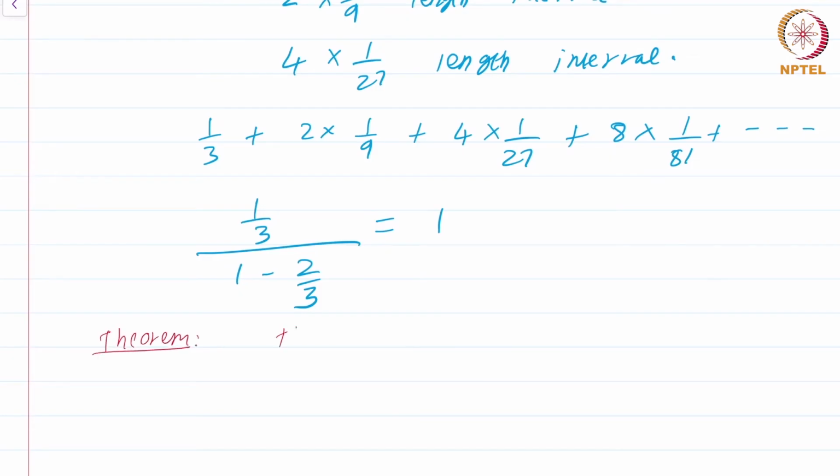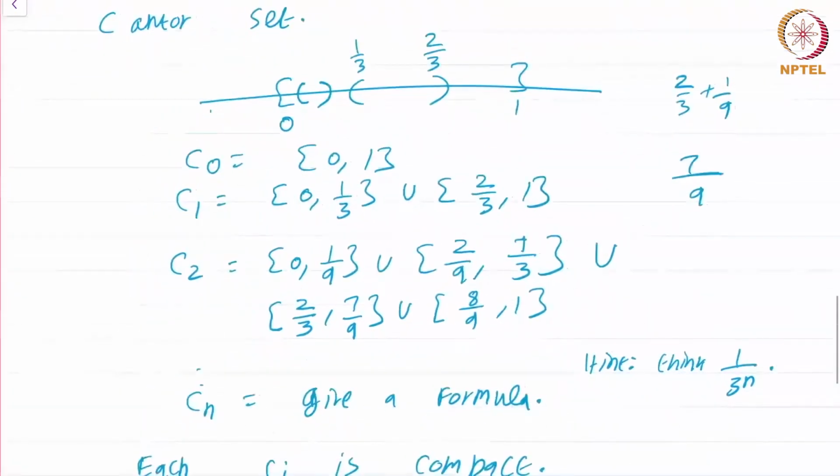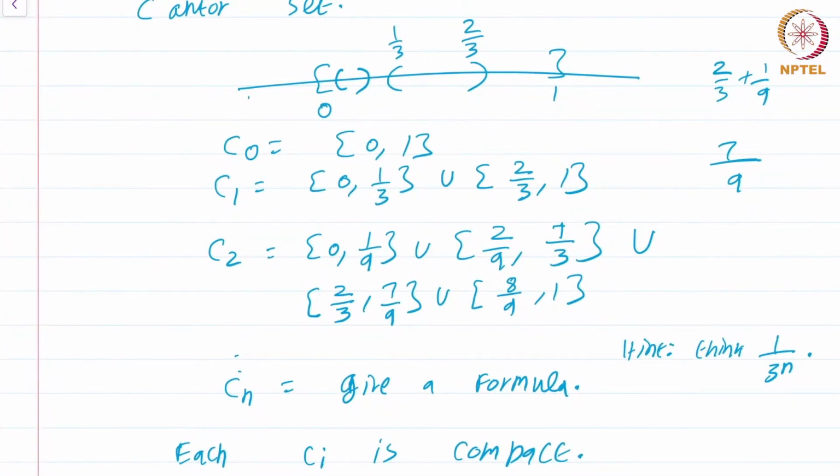Theorem: the Cantor set is perfect. Whoa, this is fascinating. The Cantor set is perfect, which means that it's uncountable. So even though you seem to have removed the entire length 1 interval [0, 1], as the sum of this series shows, the Cantor set is nevertheless uncountable because the previous theorem says perfect sets are uncountable. Okay, but before that, let's come back and think about this Cantor set in some more depth.